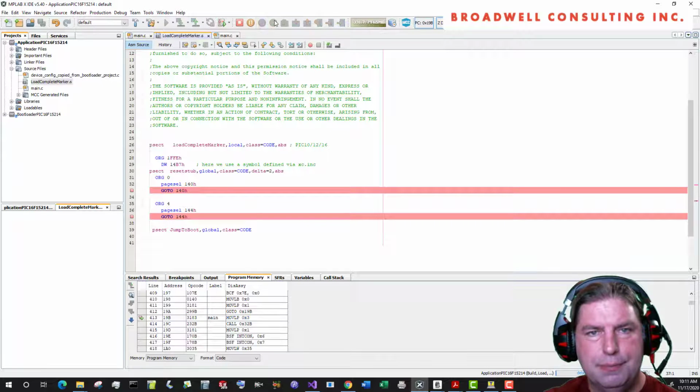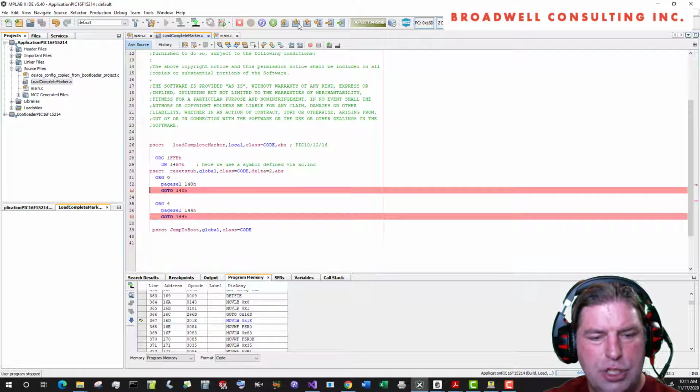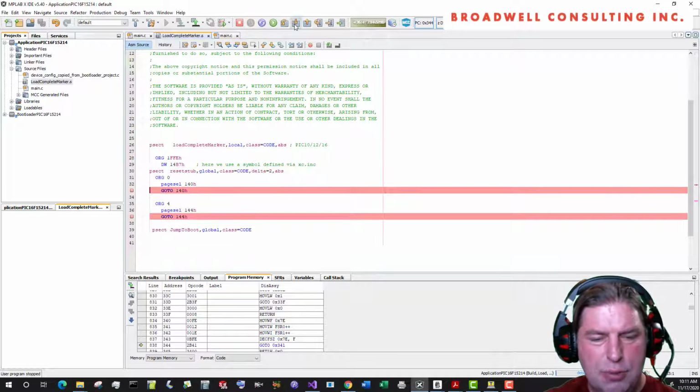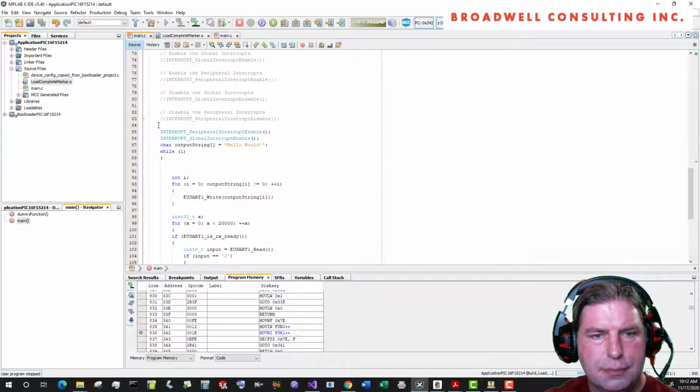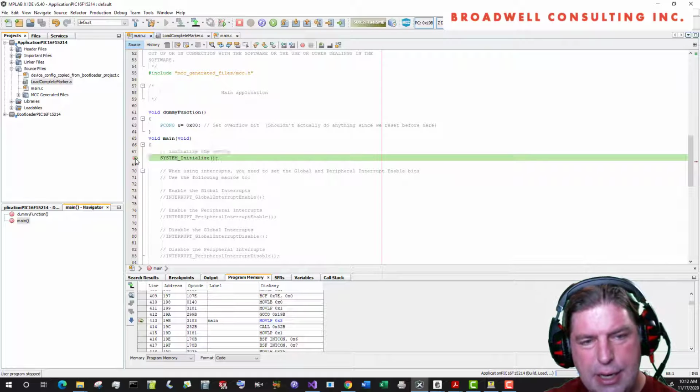So let's do a reset. Go. And we can see the very first thing that we do is we stop at 0. So now if we do a step, we jump up. This is some of the behind the scenes code that exists before you get to your C code. It's initializing variables and running through stuff like that. If we come over here to the beginning of our main, put a breakpoint here, we get in there. So that's very good. Now if we hit go,